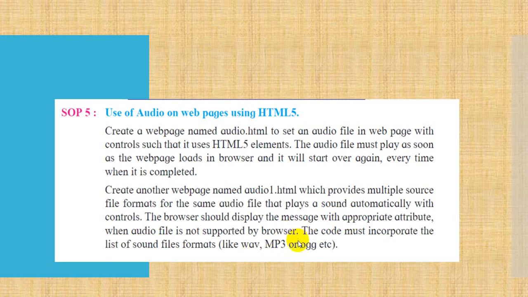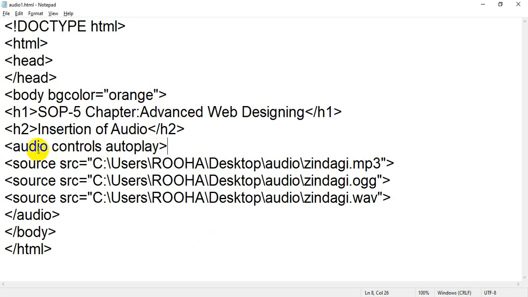Then it is saying that you can use this type of file. So we have used this file: mp3, wav and ogg. We have used all 3. But now the question is how you could display a message if your file is not supported by the browser. It is very simple. You have to write a message between the opening audio and closing audio tags. So I will just write it. After the last source I will add one h1 tag.